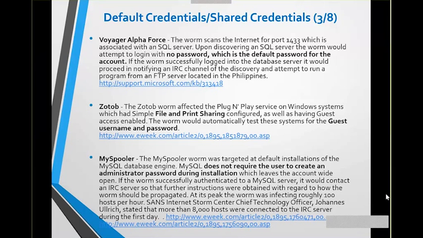Problem is that sometimes one of those yeses that's not included in there is, would you like to set up a password? So you are never asked or prompted to set up a password, so you completely pass it. And what happens, you've completely set up a system which has no password whatsoever. So again, you can fall into the Voyager Alpha Force program, which can access over the internet. Next slide, please.